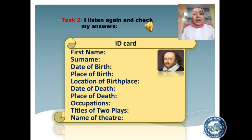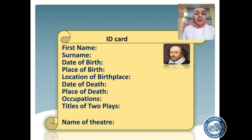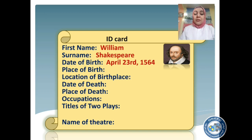Okay, great. I hope you took down all the necessary information. Now let's see the correct answer. The first name, William. His surname is Shakespeare. Date of birth, he was born on the 23rd of April, 1564. Place of birth, Stratford-upon-Avon, the small town. Where is it located? It is located about 160 kilometers